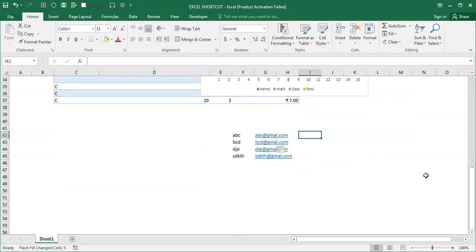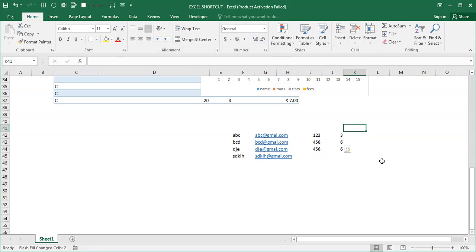Okay, I'll show one more example. I'll pull out the last digit from here. I first enter the 3, then if I press Ctrl E, it automatically takes the last digit of this value, 6.